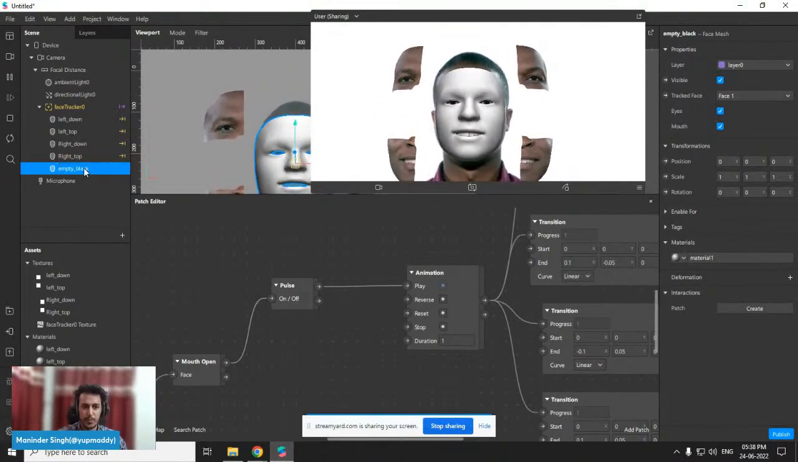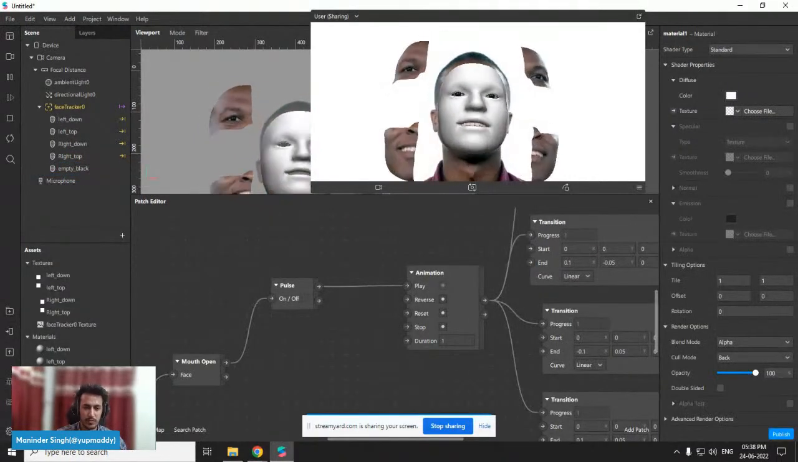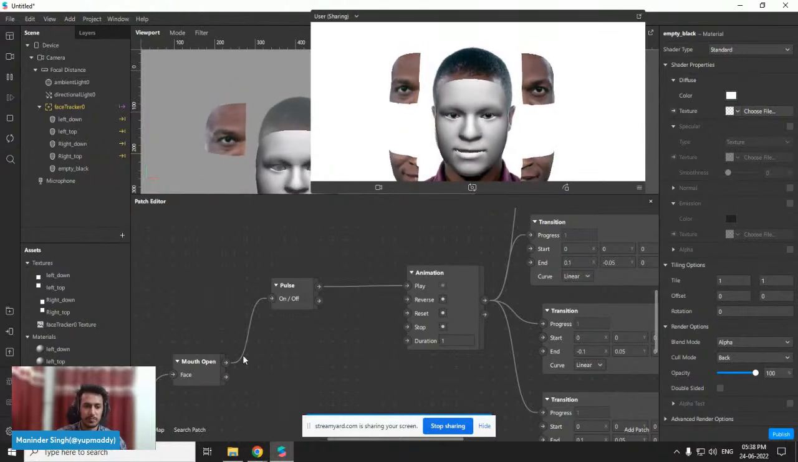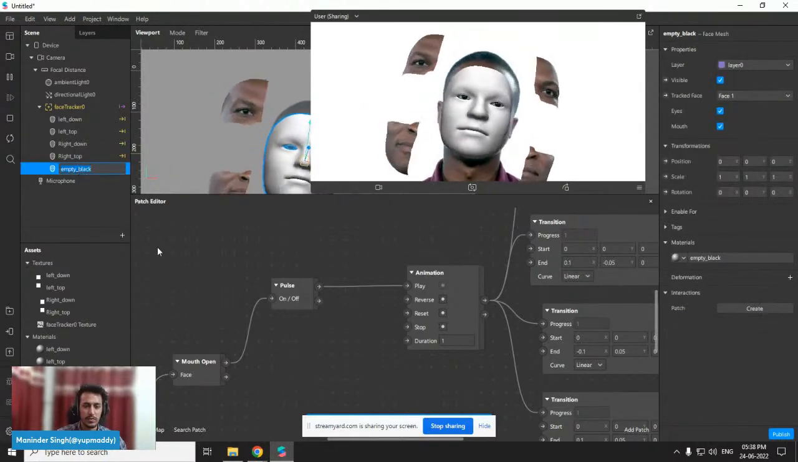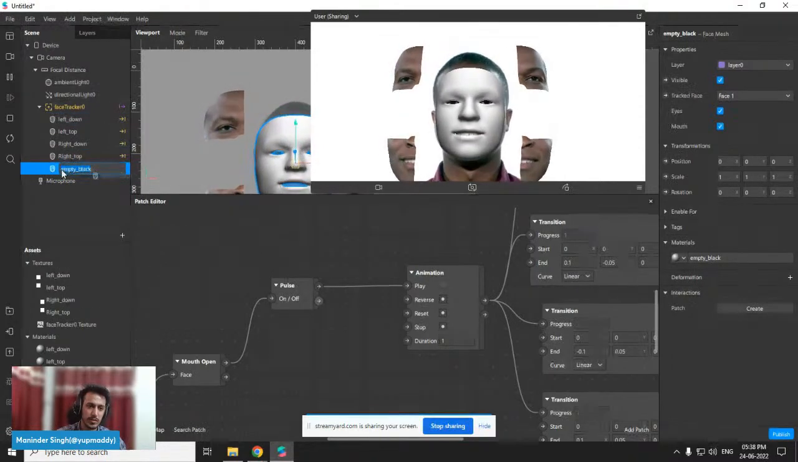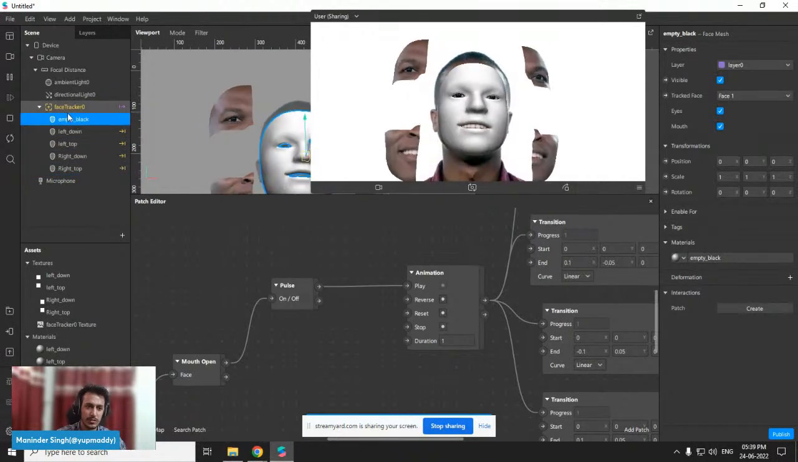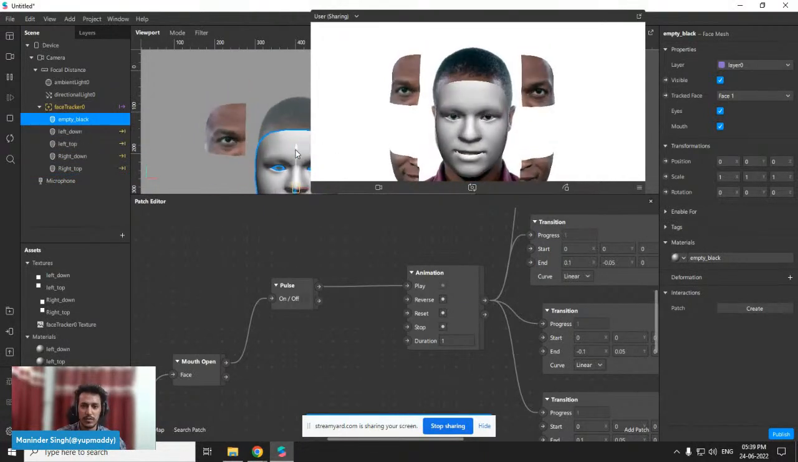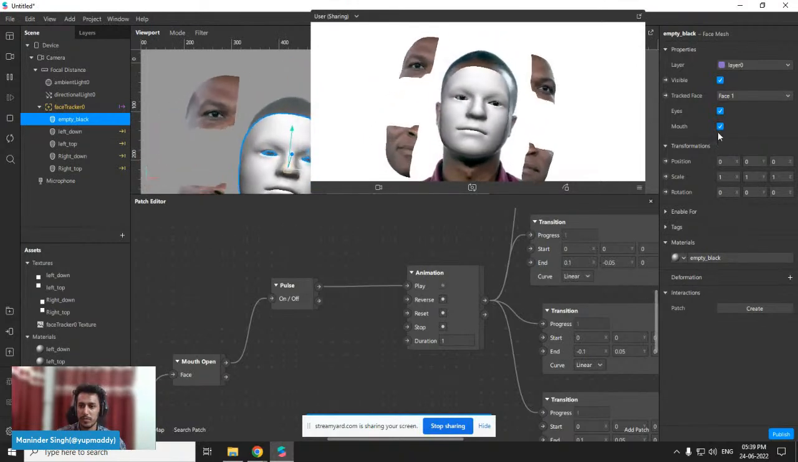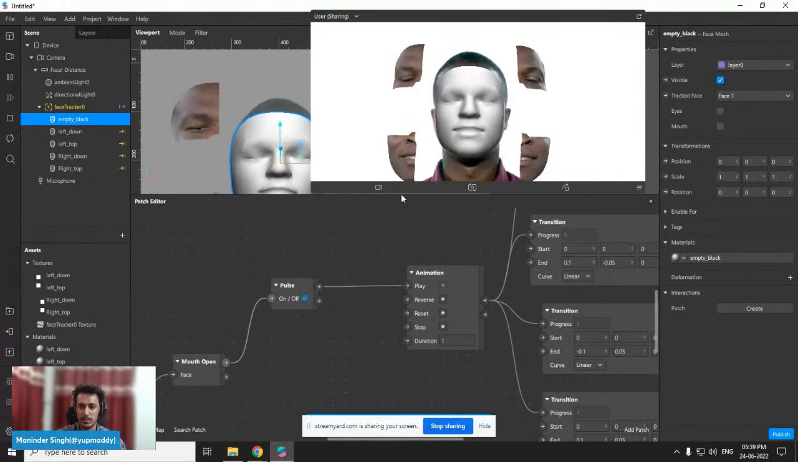Black. Copy the name here also. So I want to drop this texture here. I will just use the drag and drop method like this. So this is my new face mesh, and uncheck these two options like this,